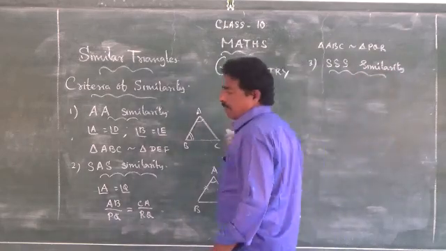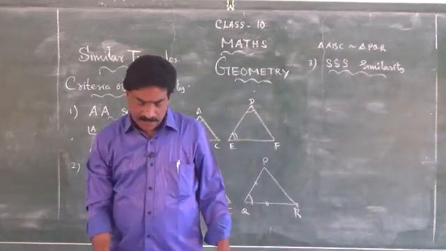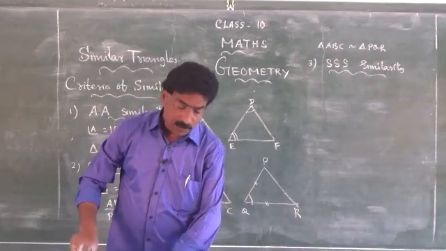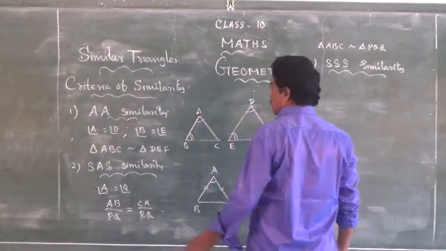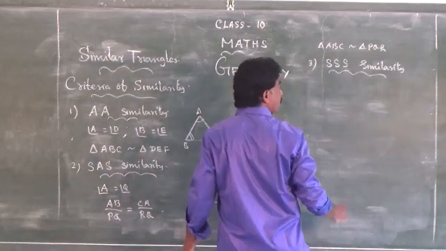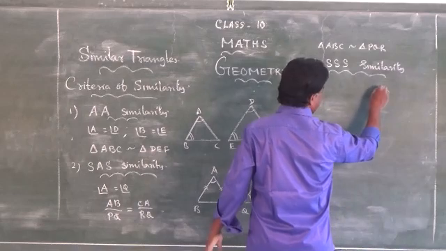You know that if three sides of one triangle are proportional to three sides of another triangle, here we don't use the word equal. For similarity, we use the word proportional. So for example,